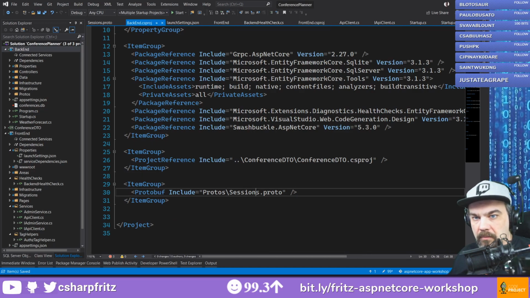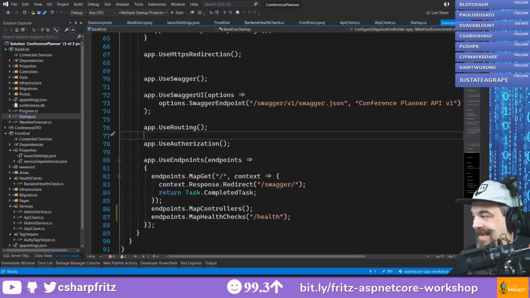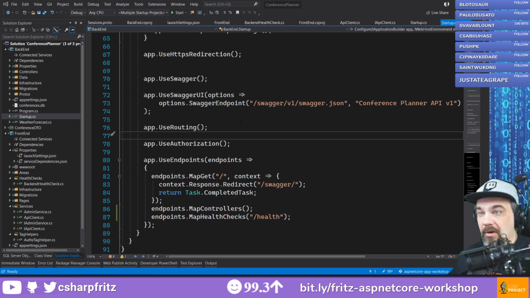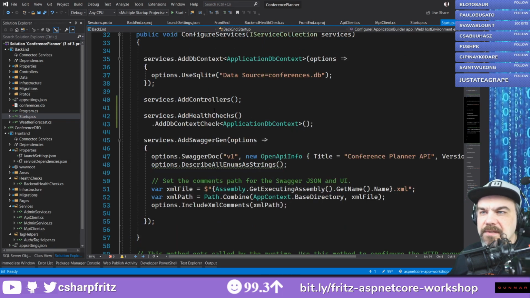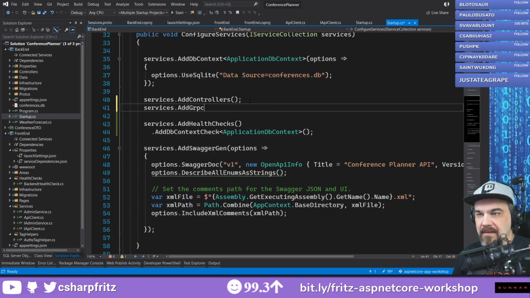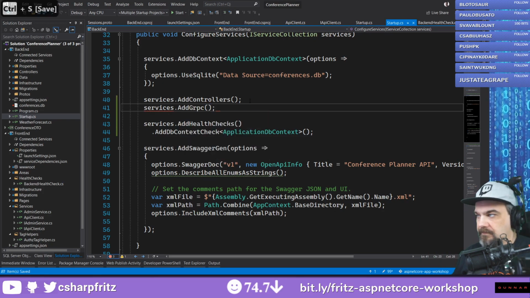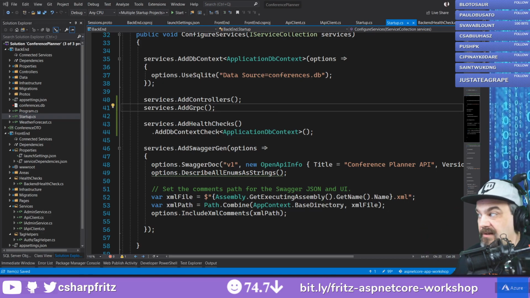So now, that's something that it can figure out what to do with. I need to go over to startup, and I need to add gRPC into the mix here. I need to tell it that gRPC is a thing, and then add that endpoint. So where I added controllers here, I'm going to say services add gRPC. And now it knows how to handle a gRPC, a protocol buffer endpoint that it's going to negotiate with